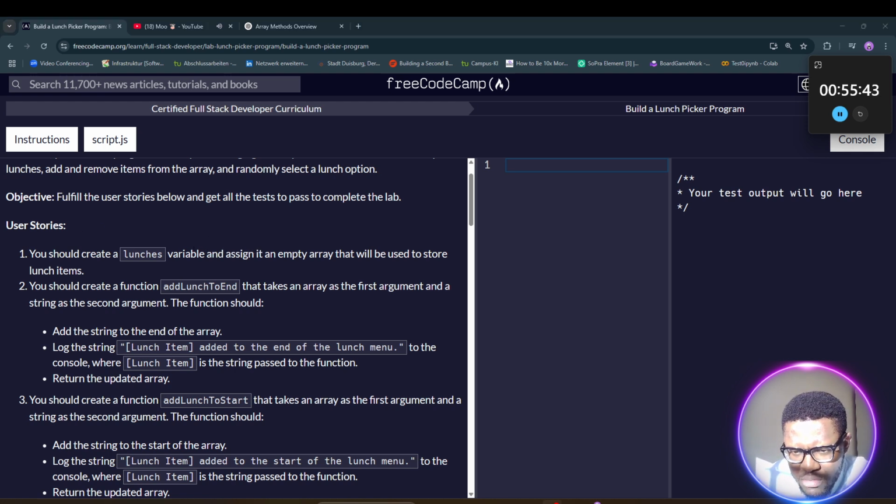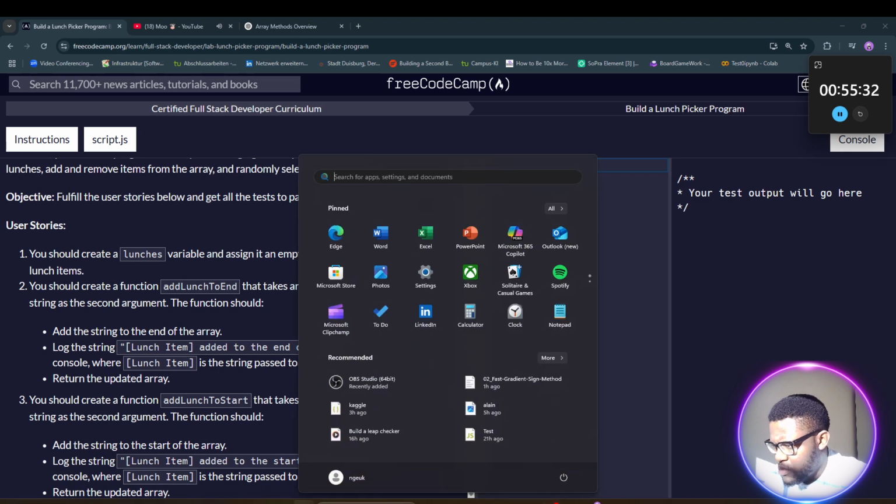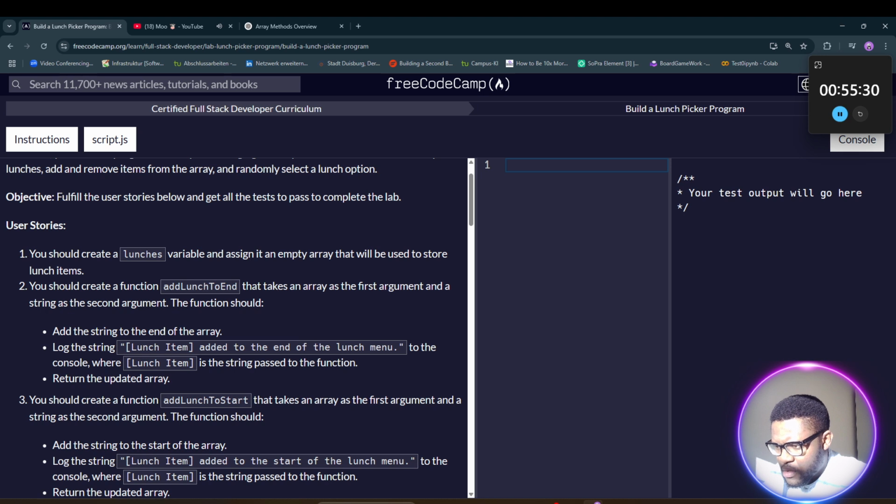So let me first of all reduce this background. Okay. The first user story is to, where's my mouse? You should create a lunches variable and assign it an empty array that will be used to store lunch. Easy. Last video, when I said variable, I have to use let lunches. So let's go on. The second user story is